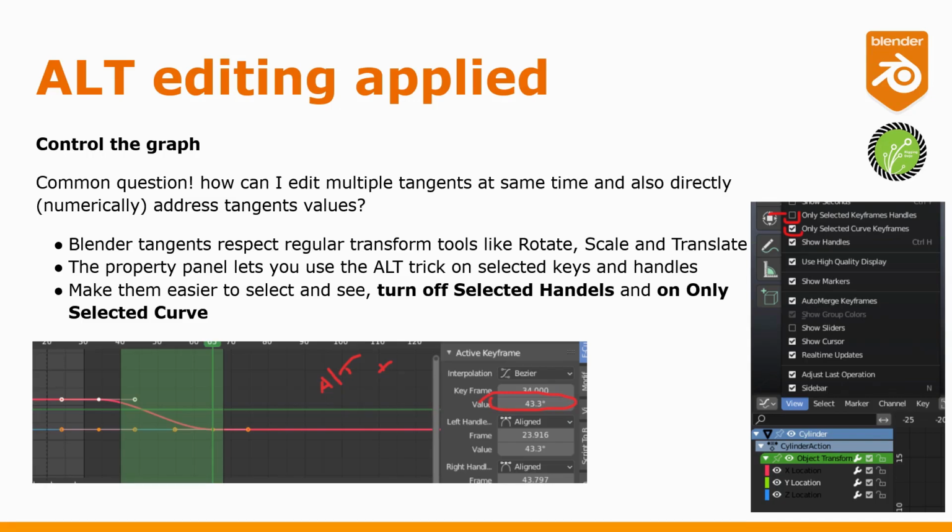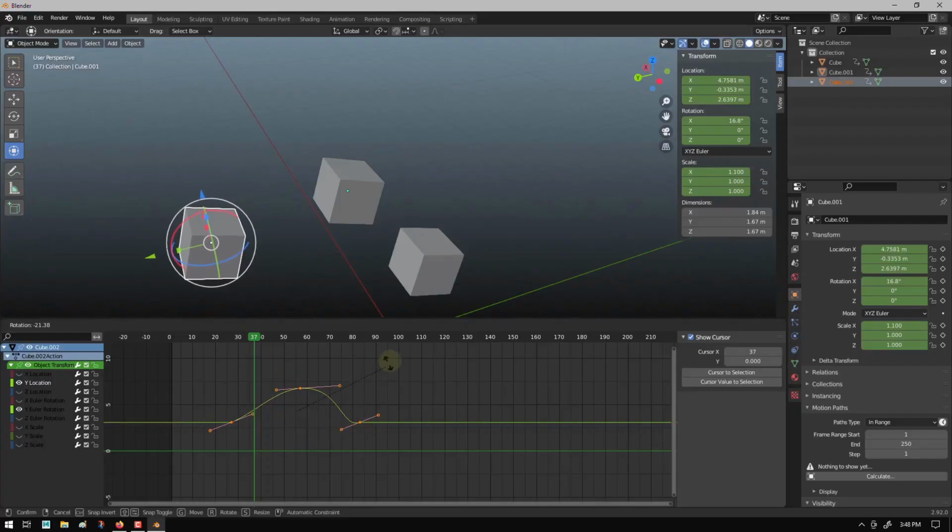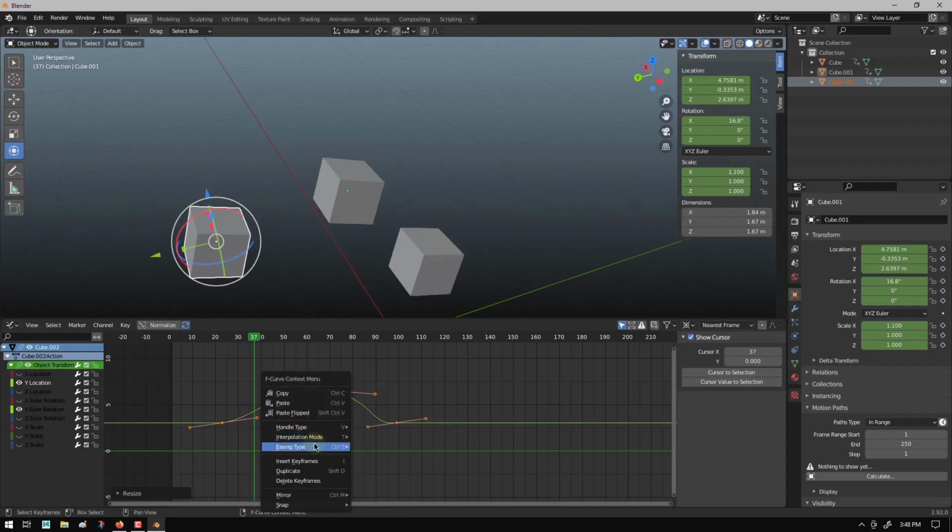We can change all of that over here to be individual centers, and now when I rotate, I can rotate the keys' handles. If I scale, it's going to scale the handles. Right-clicking gives you options to set handles and all the other stuff you expect, but I want to edit key